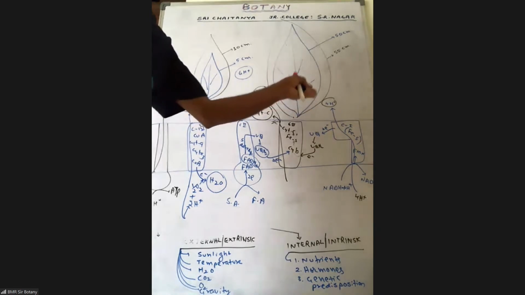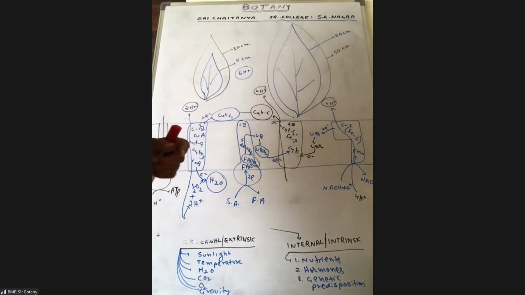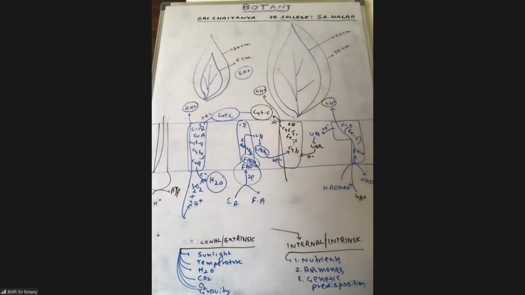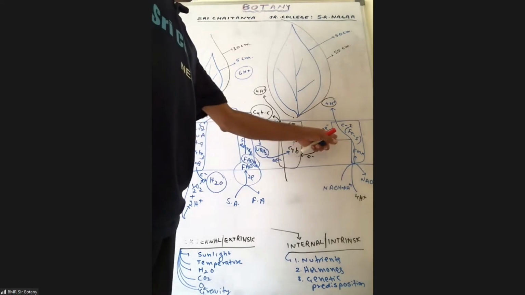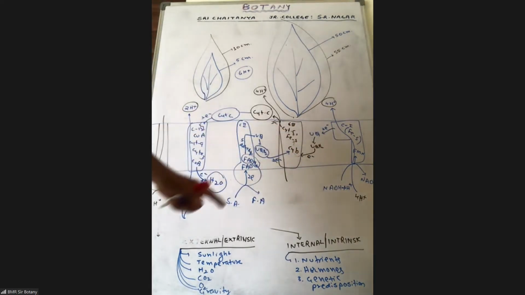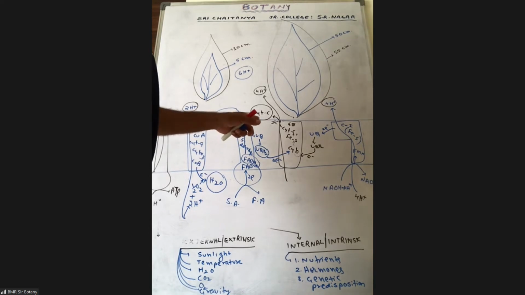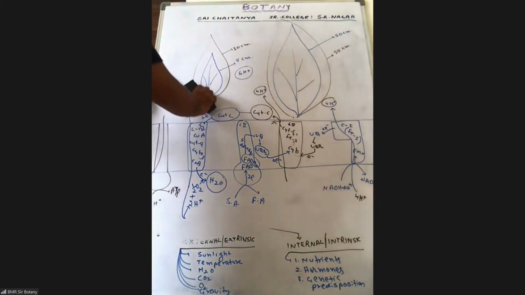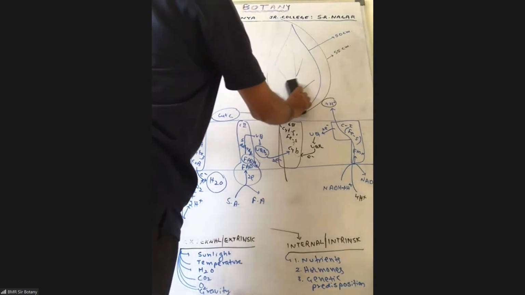So complex 1 won't be there if the substrate is FADH2. Complex 2 won't be there if the substrate is NADH. But the difference is NADH starts from complex 1, whereas FADH2 starts from complex 2. Ubiquinone is common between 2 and 3 and also 1 and 3. So for 1 FADH2, you can get 2 ATPs, whereas for 1 NADH, you can get 3 ATPs. The reason is that NADH, if oxidized, was gathering 10 protons on the intermembrane space side. So that was making a difference.